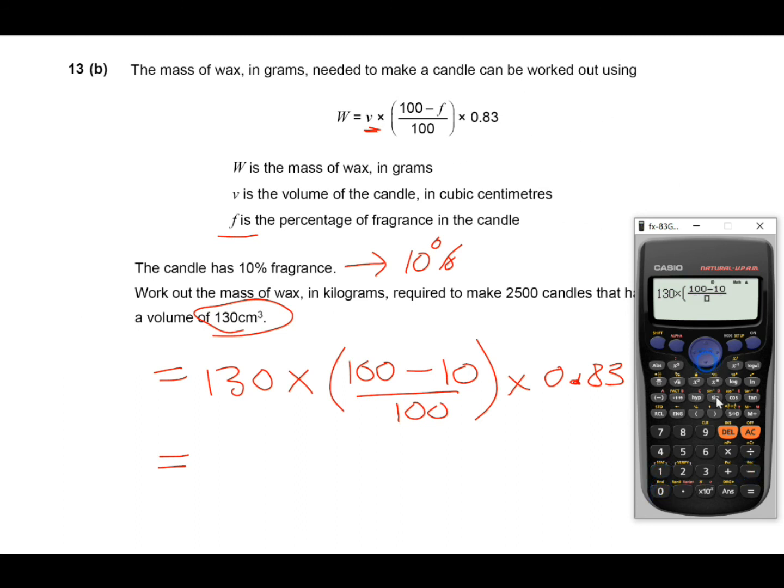And the fraction on the bottom is 100. Move the rocker to the right so it's at the end of the fraction and close your brackets. Then multiply this by 0.83. So now my formula on the paper is exactly the same as the formula on the calculator. Press equals, press the SD button to get your decimals, and you have